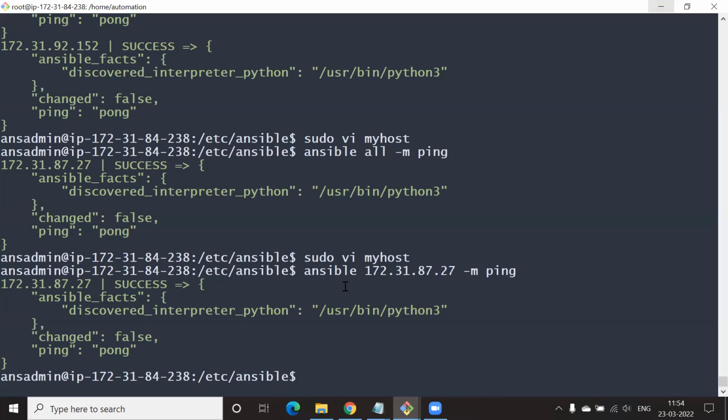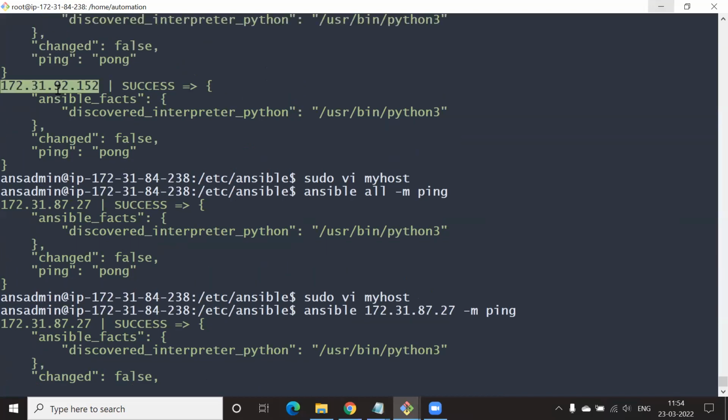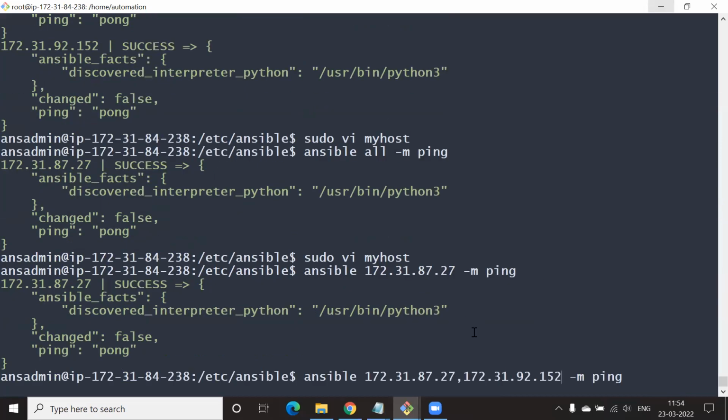What we can do is bring up the previous command. By the side of 27, put a comma. Put the second IP address, whatever that is. I think it ends with 152, right there.